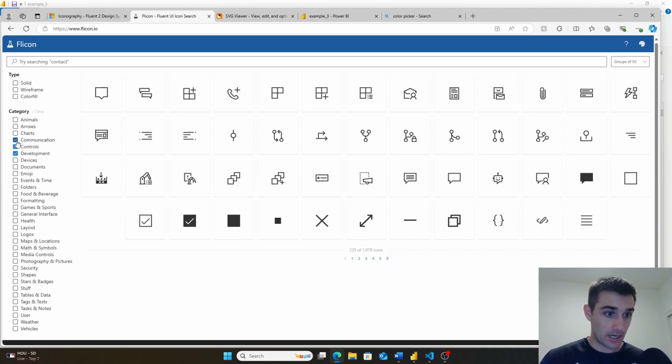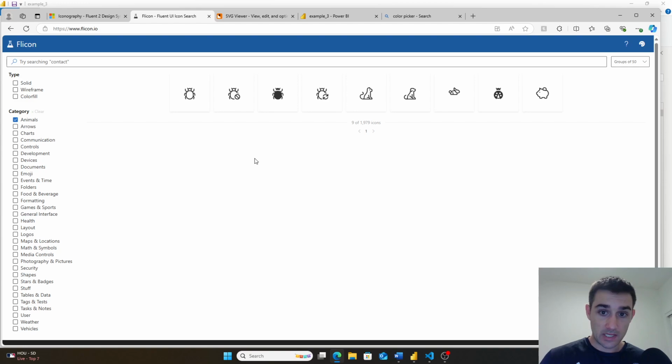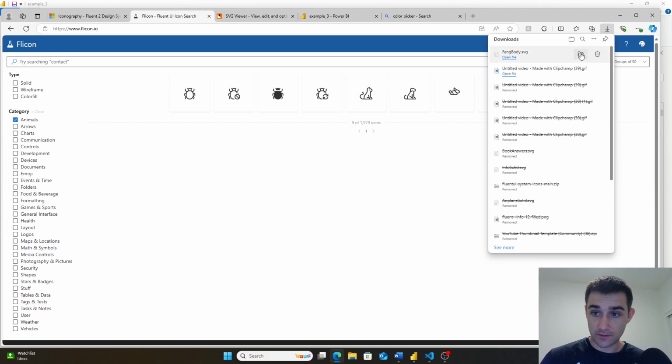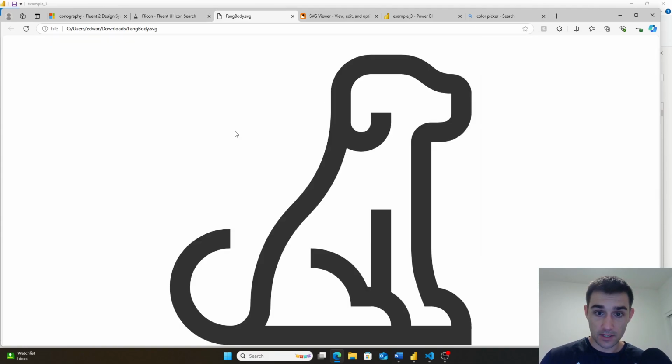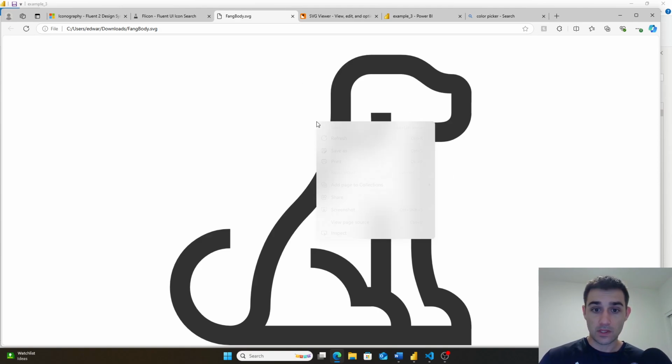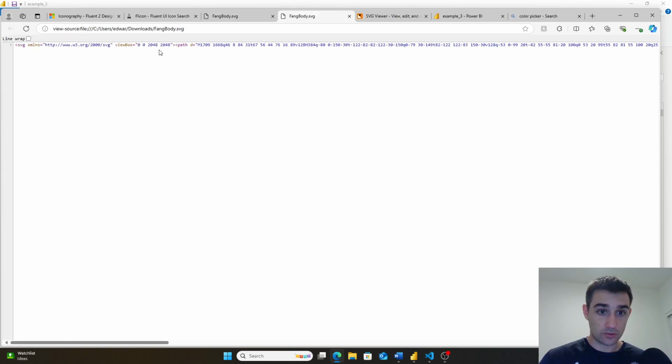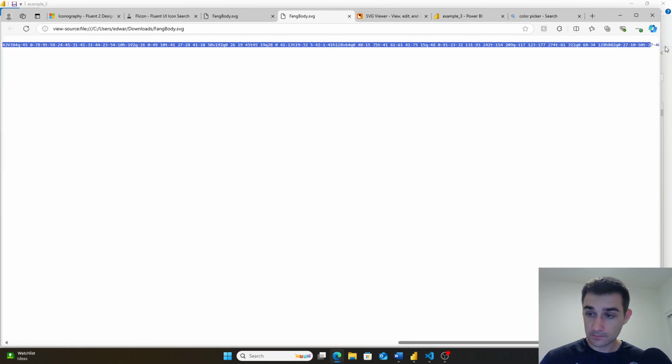So let's just say I wanted to insert this animal of dog. What I could go ahead and do is I could click export and I could save it as an SVG, and then I can go ahead and I can open this file. And here's the SVG in the web browser. Now, if I right click this and then go view page source, I can get the actual code behind the SVG image. So what I can do is I can go ahead and I can copy all this out,